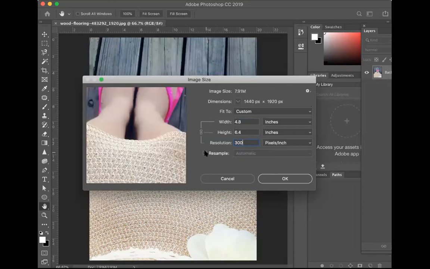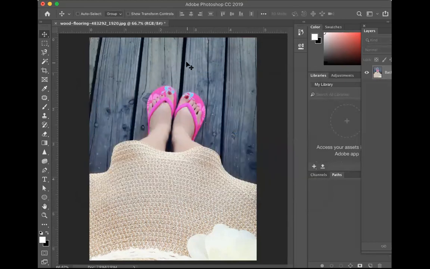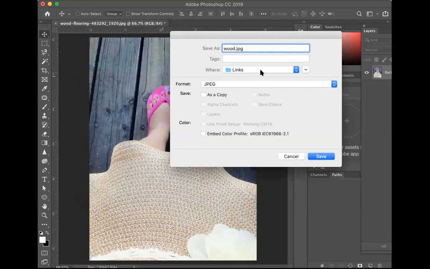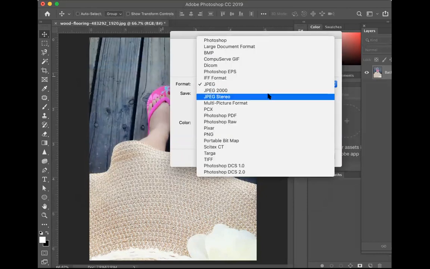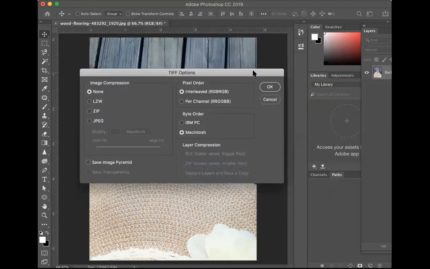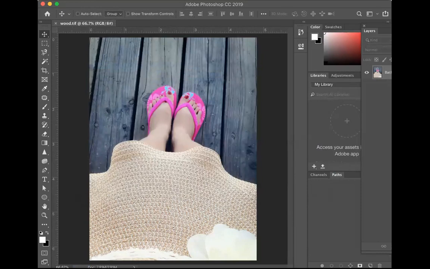But what you want to do is resample it. The only problem is this image isn't quite the size that you want it to be final size. So we're going to have to see how this is going to be affected. But I'm going to click OK. I'm going to go ahead and Save As, and we're going to save it as a TIFF file. TIFF files are bigger too, but typically that's a good habit to get into for printed purposes. So I'm going to do Command D and just do a File Place. And this might look a little different. There we go, the TIFF file.